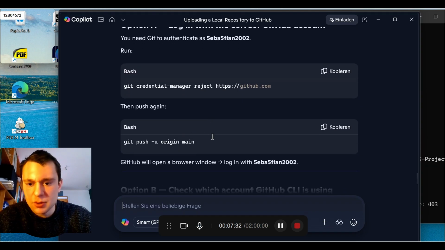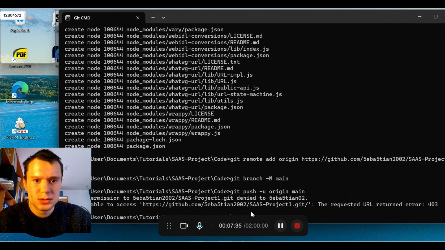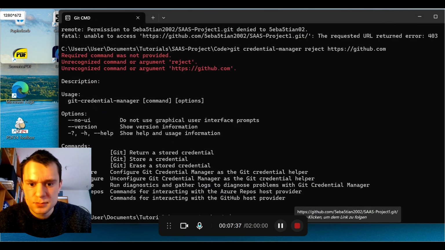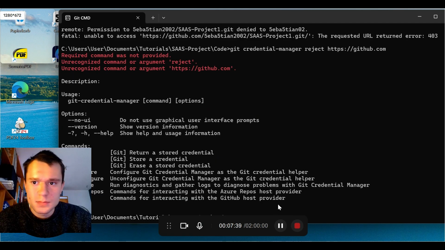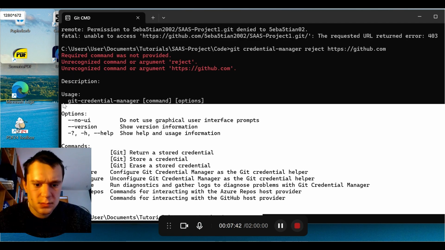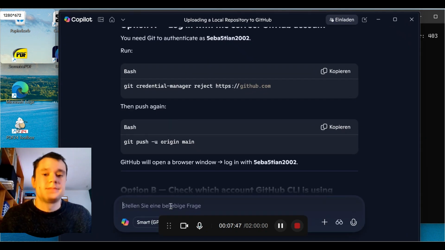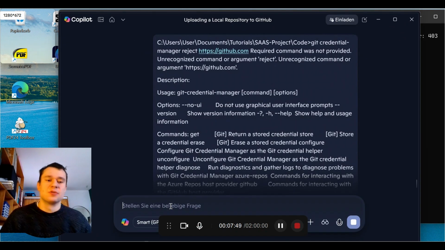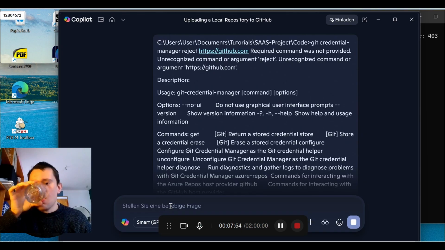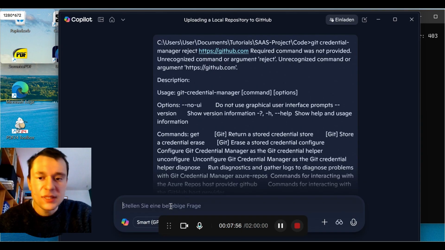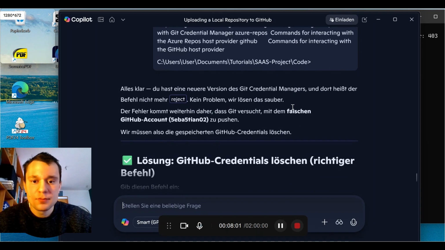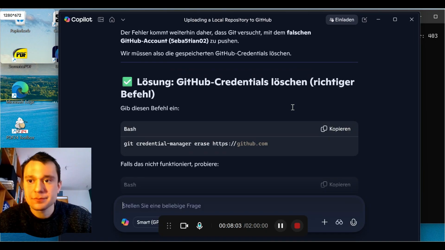Okay, so I'm currently logged in with the wrong account. Because I have two, and it's maybe unnecessary for you when you don't have a second GitHub account. But as you can see, I can just perfectly work